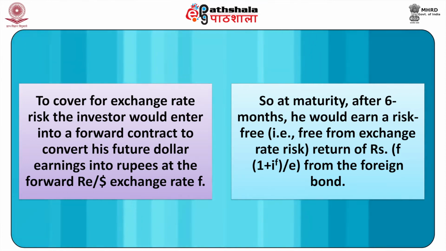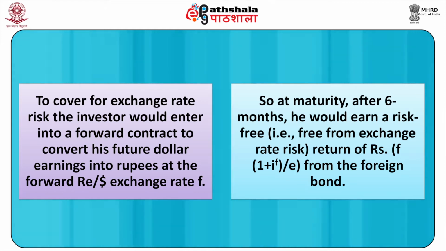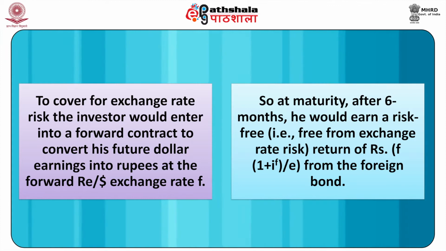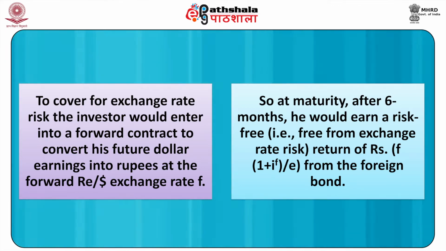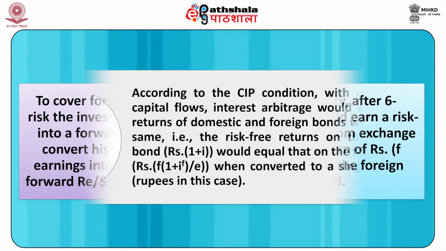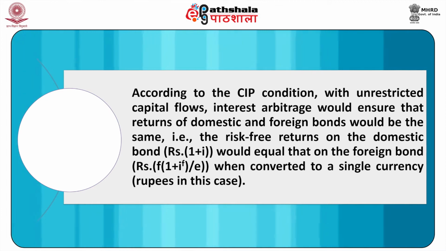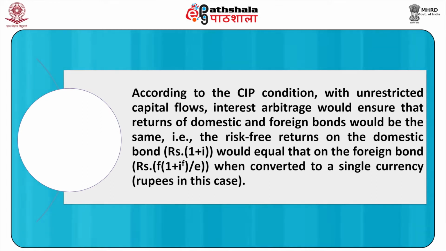So at maturity, after 6 months, he would earn a risk-free return, that is free from exchange rate risk, of rupees F multiplied by 1 plus I raised to power F divided by E from the foreign bond. According to the CIP condition, with unrestricted capital flows, interest arbitrage would ensure that the returns of the domestic and foreign bonds